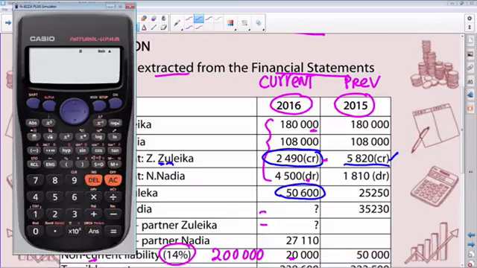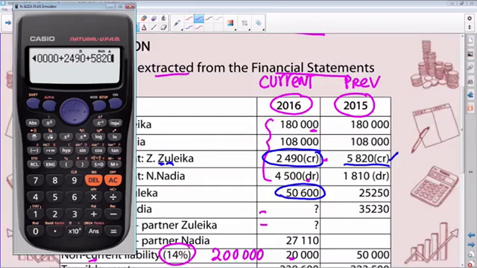We've got her capital 180,000 plus 180,000, then plus current account, her balance 2,490. Remember, both are credit balances, so I'm adding, plus